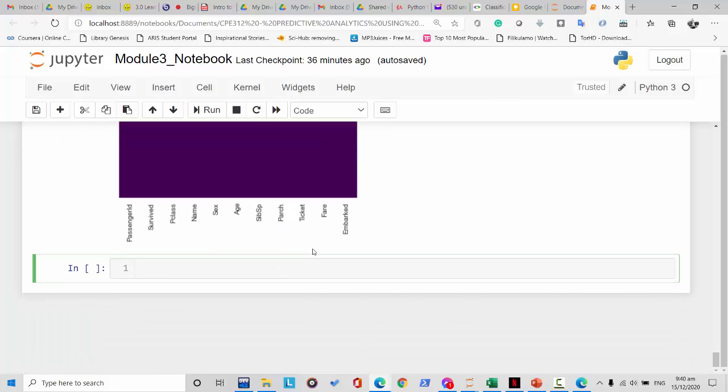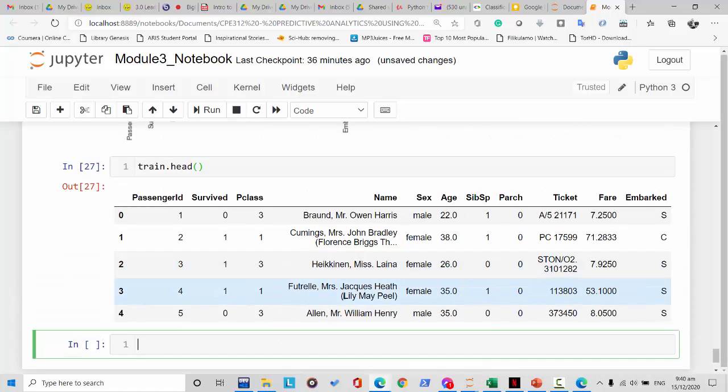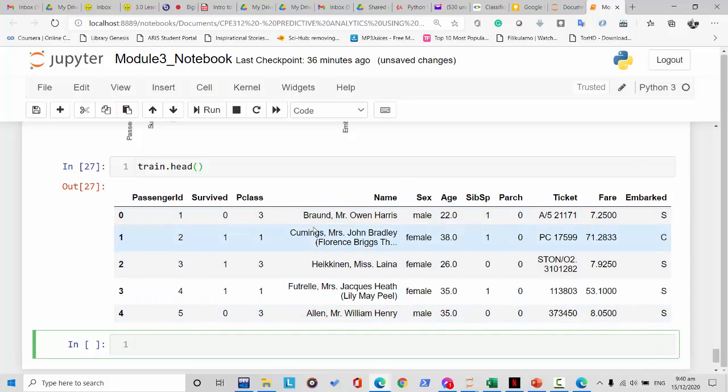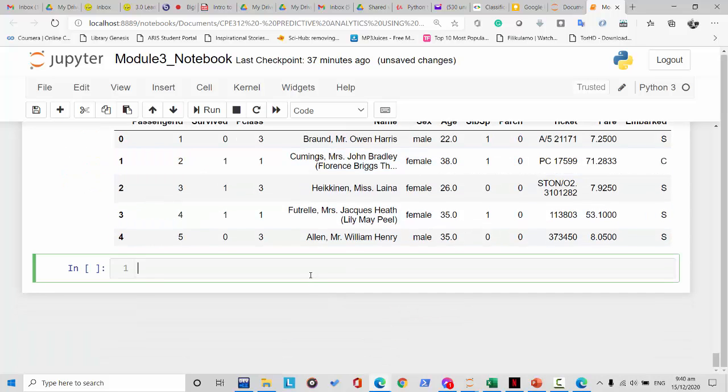Okay, now looking at our train data set, you can see from here that we have removed the cabin, and all of the age now has its own values. But you will notice that we can try to remove some values here, for example in the column sex. We can convert the column sex into different values by using the pandas get dummies function,